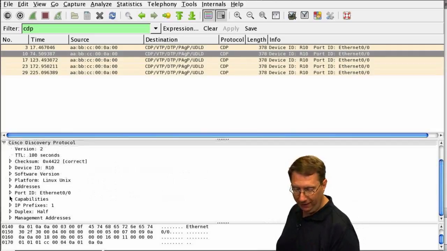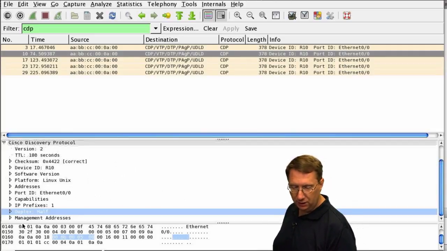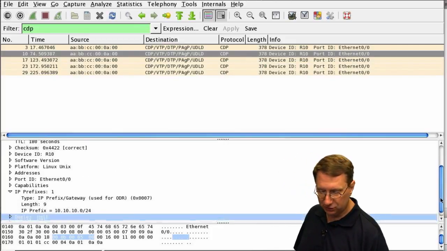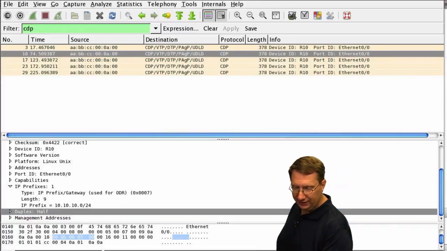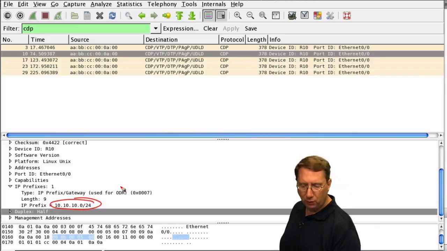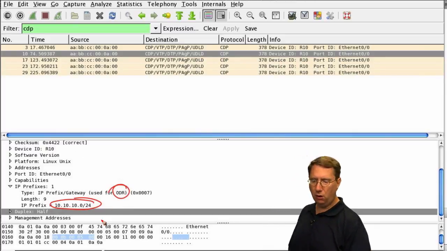The other thing that I want to point out here is, notice we mentioned the duplex, and let's also look at the IP prefixes that we have. Let me scroll down here just a little bit. What we're going to see is that we have this idea here of the IP address that we're going to be using, but what I want to highlight here is another protocol